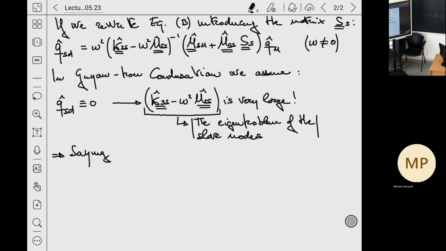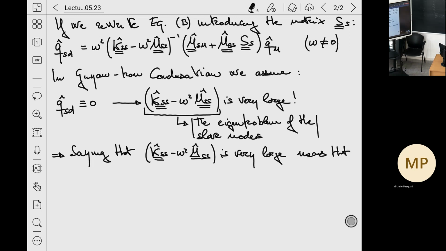So saying that Kss minus omega squared is very large means